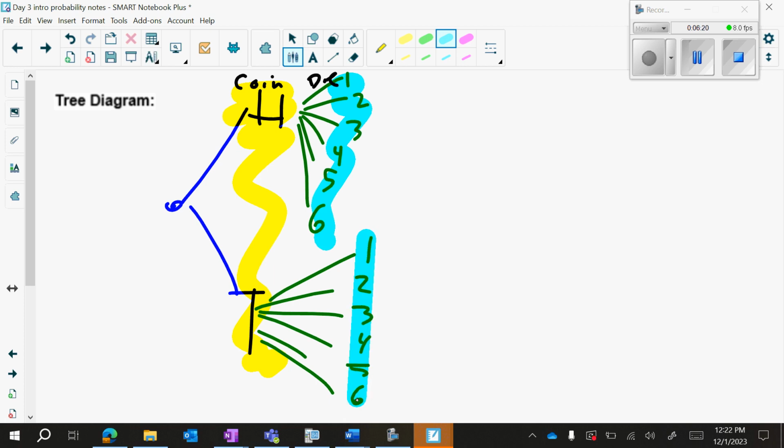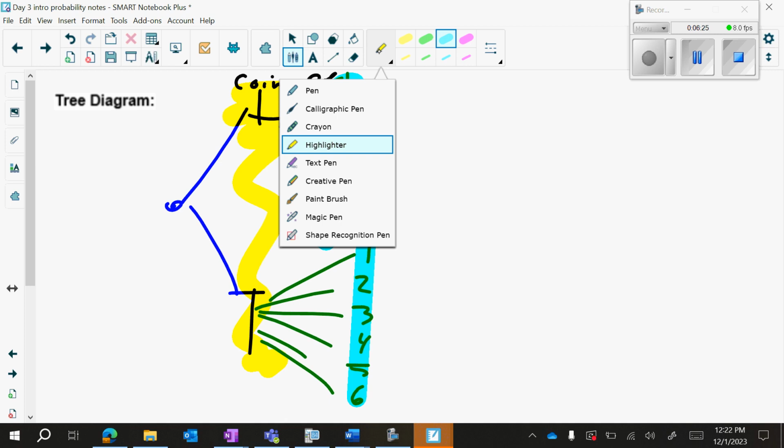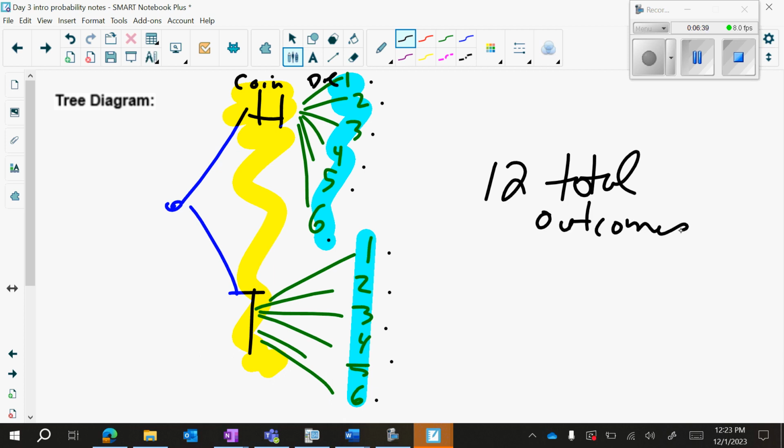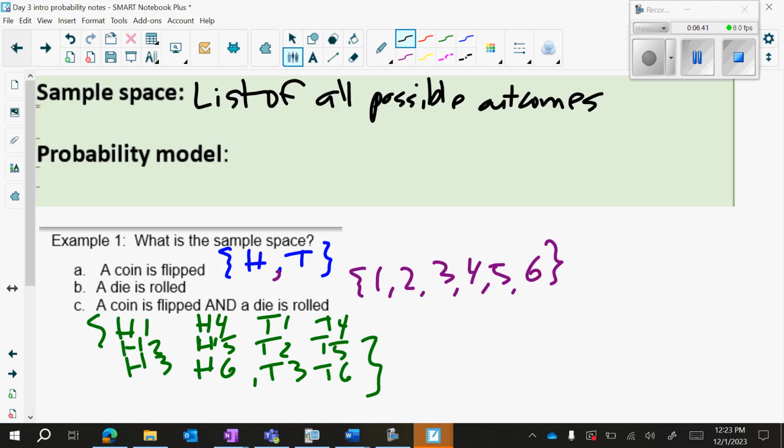So now if you total it all up and count the total number of branches, you're going to get the total number of outcomes in the sample space. So if I list 1, 2, 3, 4, 5, 6, 7, 8, 9, 10, 11, 12, there's actually 12 total outcomes in my sample space. If I look back here, if I had counted all these, indeed, there are 12 total outcomes, okay?